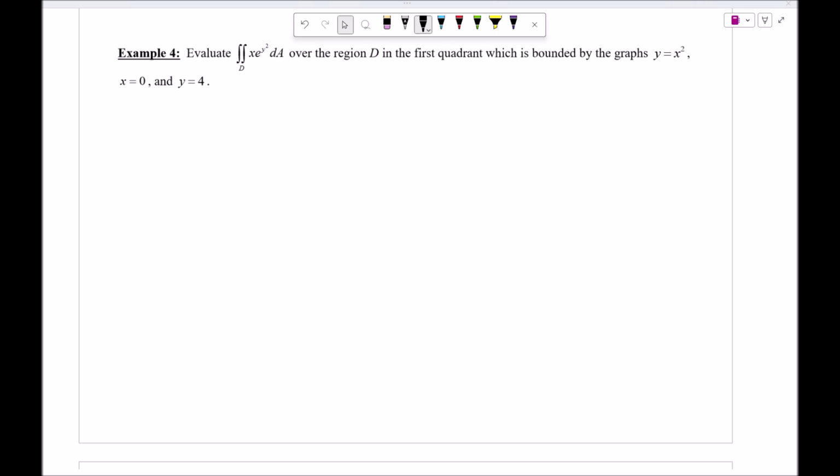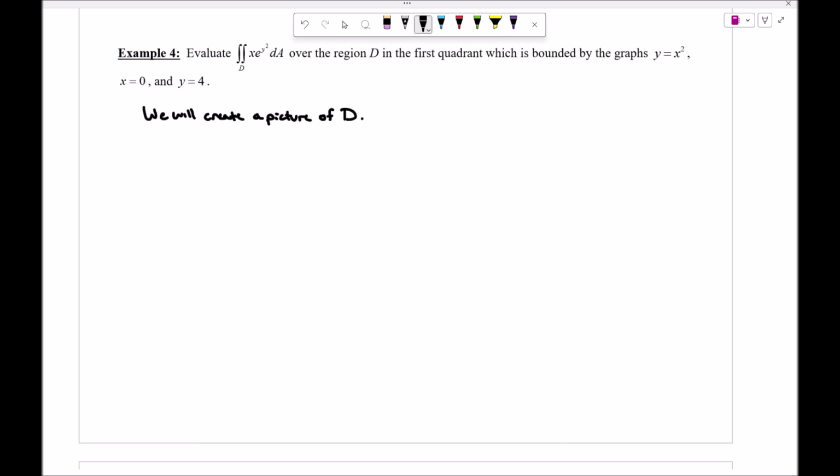Okay, so hopefully you actually gave this problem a chance. Let's see exactly how I would go through and do this question. So the first thing that I'd be interested in is what does this region D look like? Okay, so I'll say here that we will create a picture